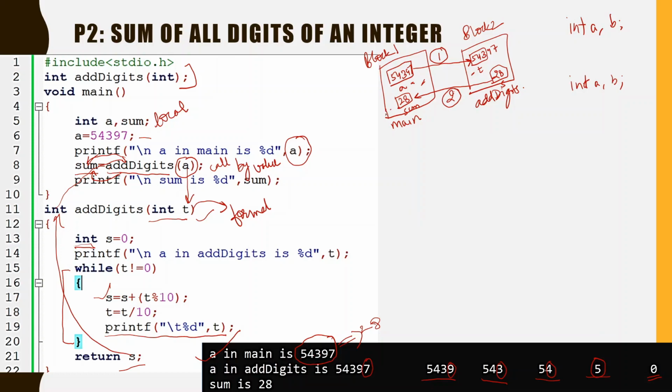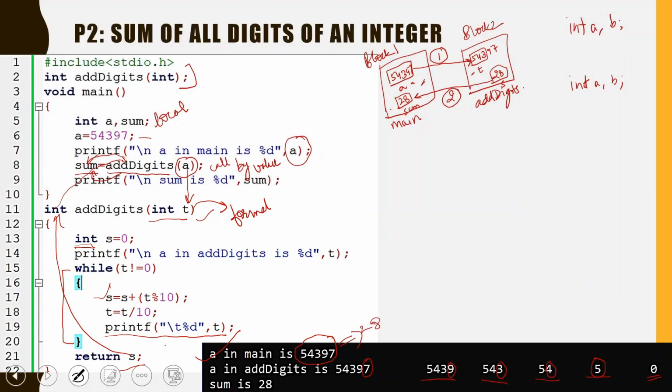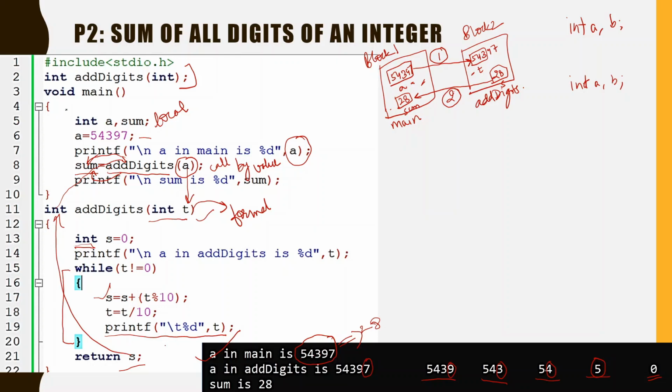So here I can draw the sequence. First this thing is executed, then the call is executed, the call goes to the copying of parameters. After copying, the process of the function takes place, and then it returns.